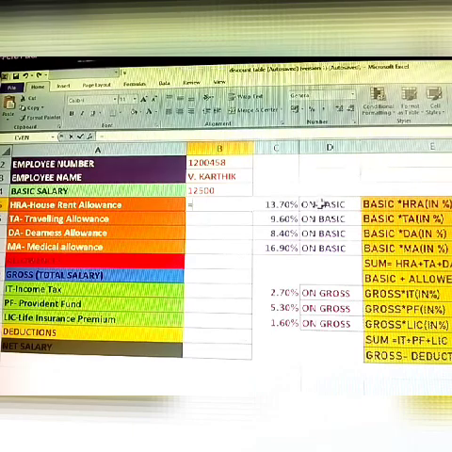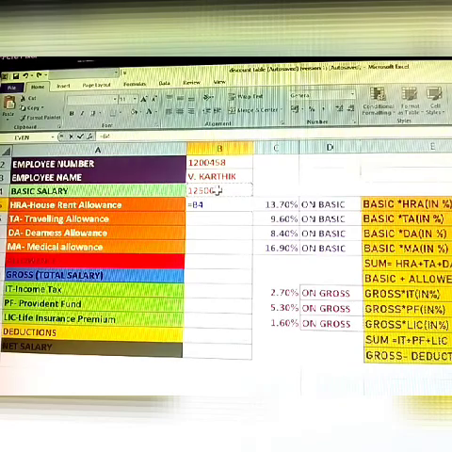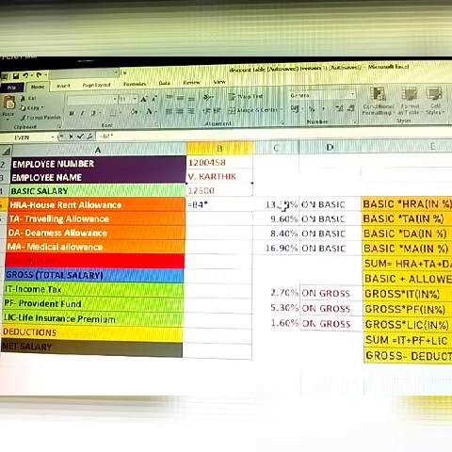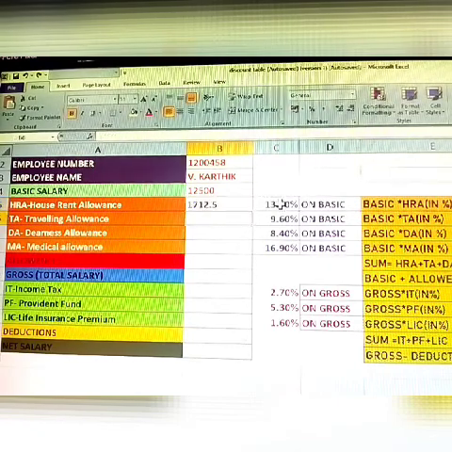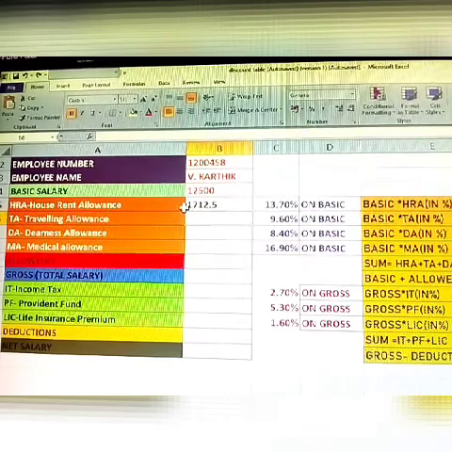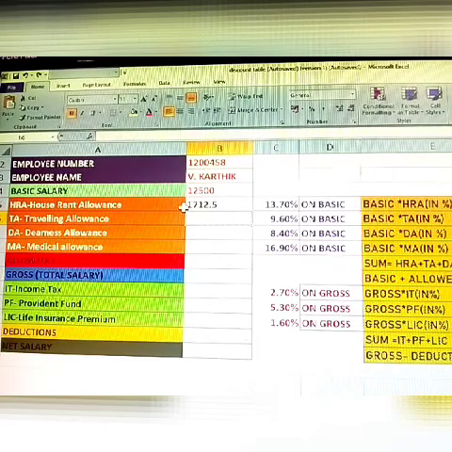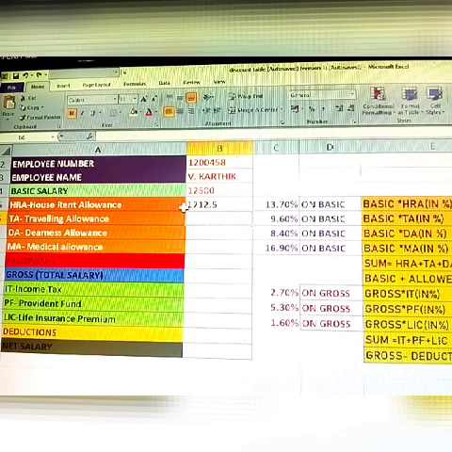First select the basic salary, then multiply using shift 8, then select the HRA percentage and click enter. This is called the house rent allowance. Even if you are living in your own house, house rent is compulsory to be given.